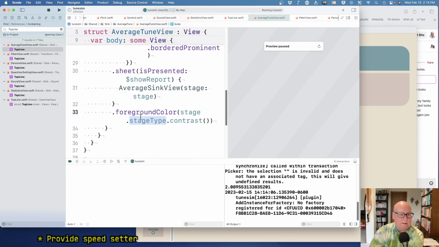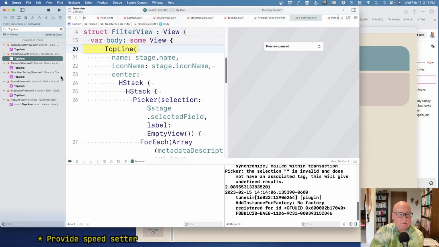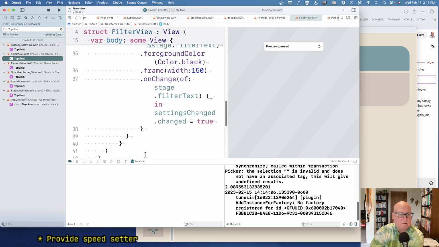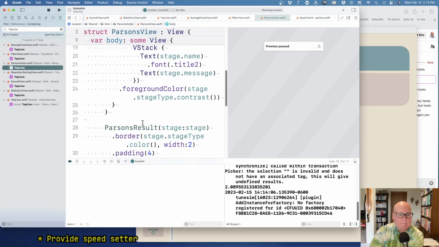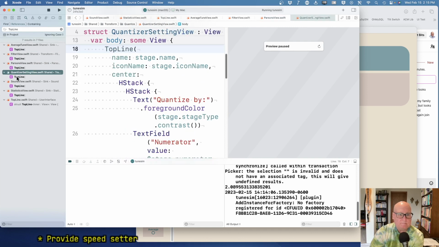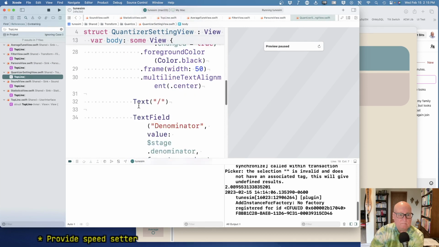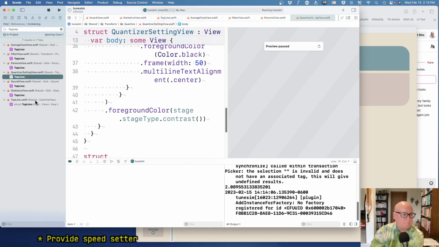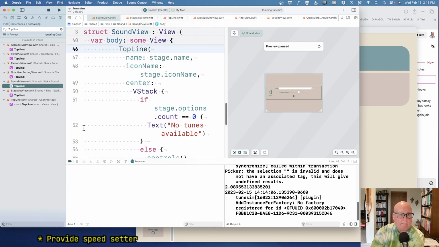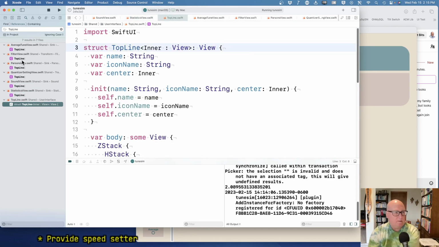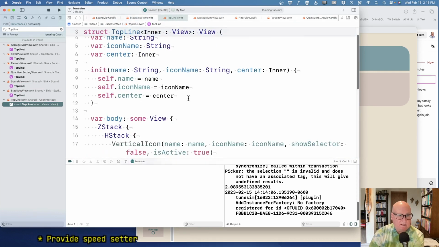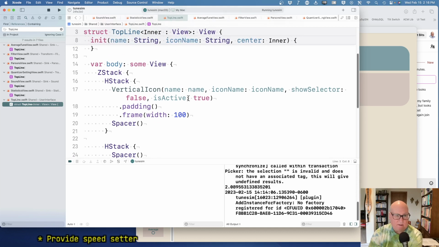Foreground color stage type dot contrast. Yep. Yep. Okay, so I'm going to say if we were to pass the stage in, all right, yeah, so this is